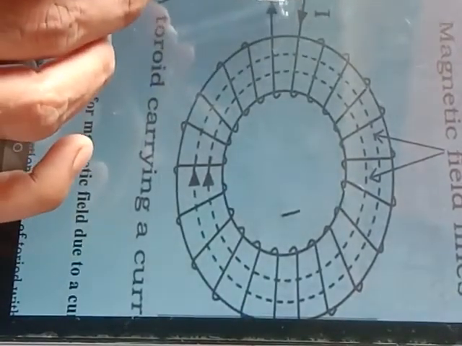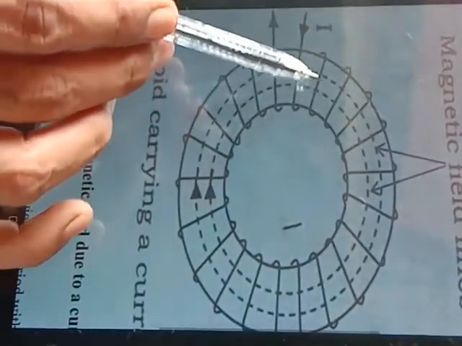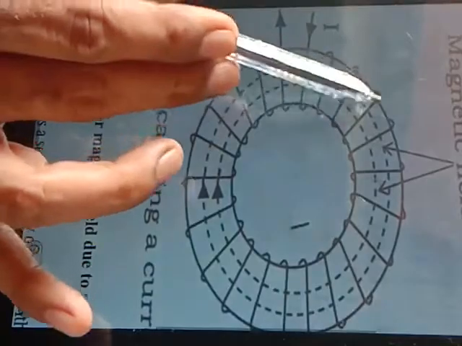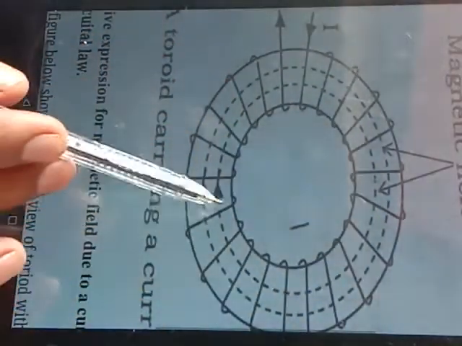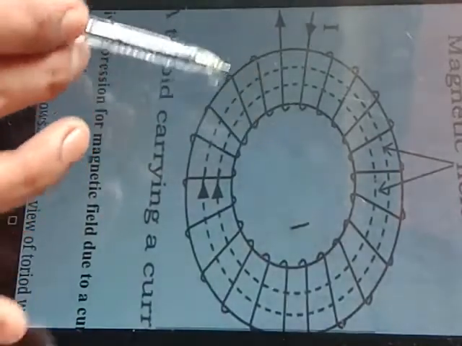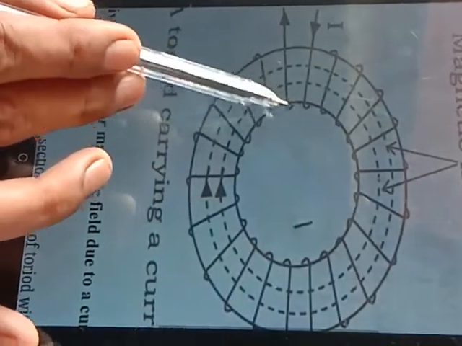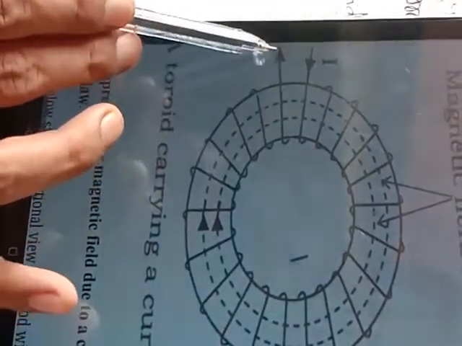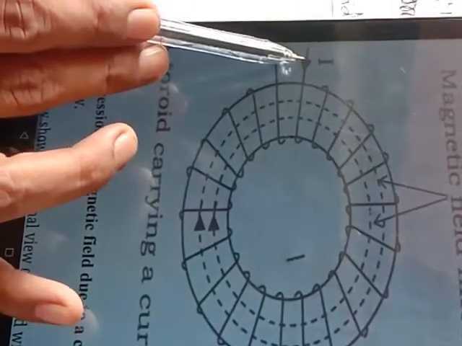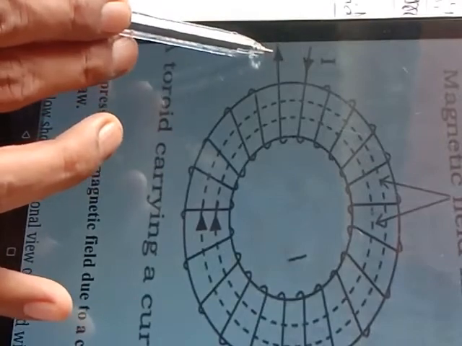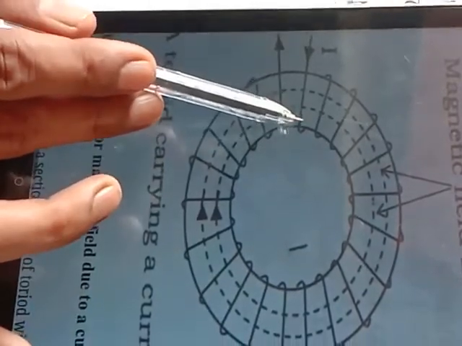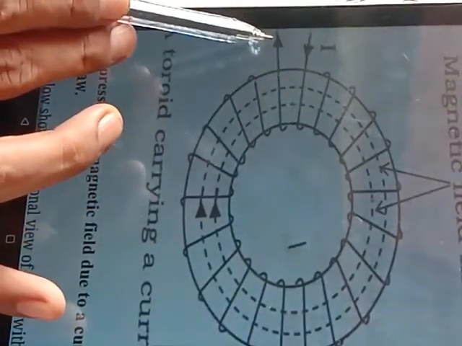The current will move in the form of a circular ring, and lastly it will come out from this end. This is the input and this is the output, means the current will flow in and then move out.